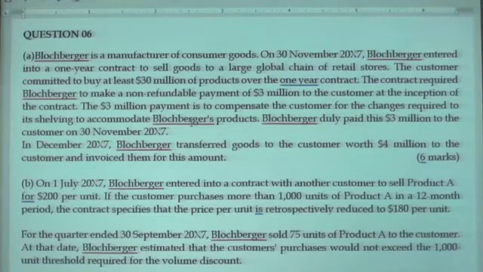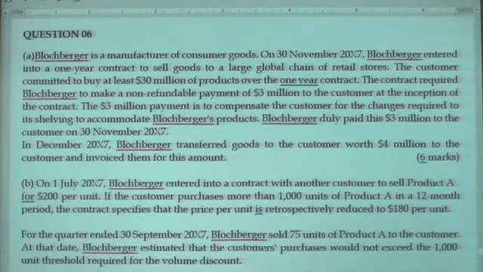Clear? You entered into the contract on 30th November. The first financial year ended within 1 month. When you entered, you paid 3 million to the customer. Then from that day onward, over 12 months, you will deliver 30 million worth of goods. But by the end of the first financial year, within 1 month, you delivered only 4 million. Now how will you recognize the revenue?